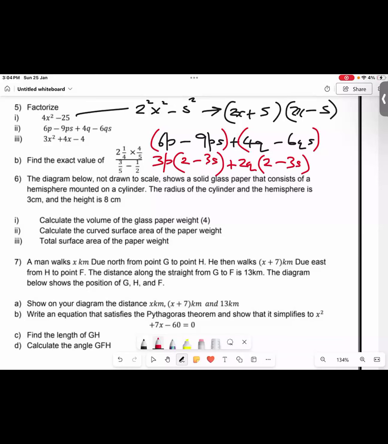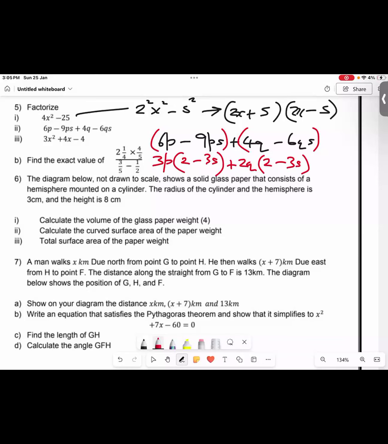Now if you're doing this question and you're at this stage, you know you're on the right track. If you end up with 2 different things in the bracket, you did something wrong. So now that these 2 brackets that are repeating themselves are the same, I can just use one of them. So the answer is going to be 2 minus 3s in one bracket, because both of them are the same, so I can just use one.